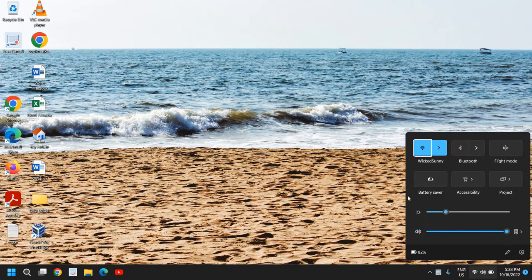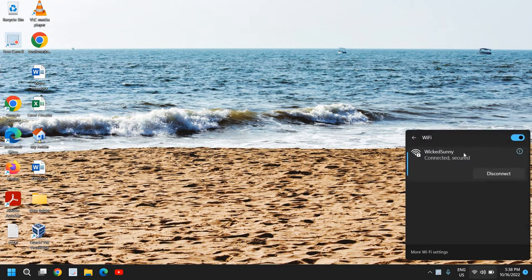The moment you press that, you will see your Wi-Fi, Bluetooth, flight mode, battery saver, accessibility, and project. Please make sure the flight mode is not turned on, and you just need to click or press the right arrow key, and here you will find a lot of Wi-Fi. If you are living in an apartment, you will have a list of your Wi-Fi networks available. Whatever is your Wi-Fi network, you just need to select that, and you can simply connect